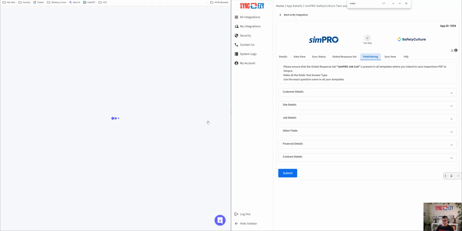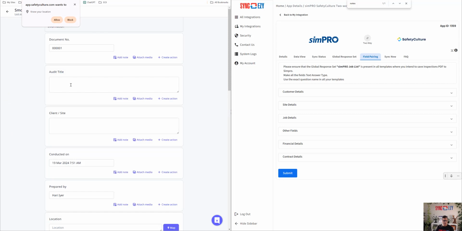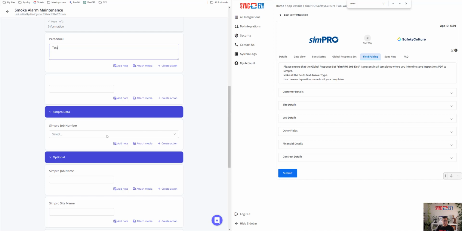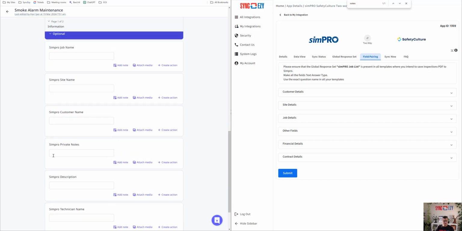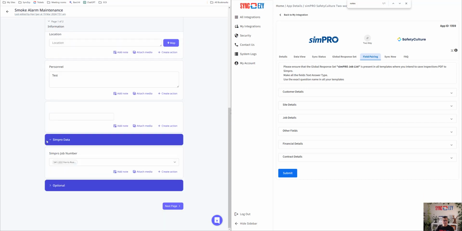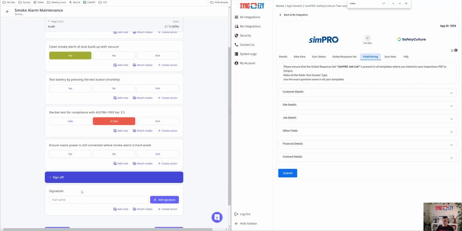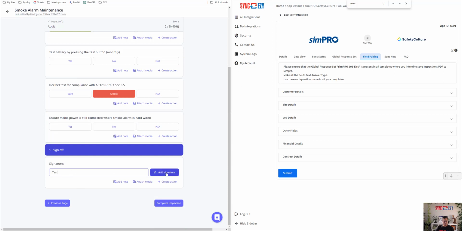I can say start inspection, and I would do a normal inspection the way you would. And the only thing I need to select is this particular job number. So I select that job number, and that's all. I can leave all of this optional stuff off. I don't need to fill any of that optional stuff in, and I can go to the next area and just do a yes/no inspection like I would normally,